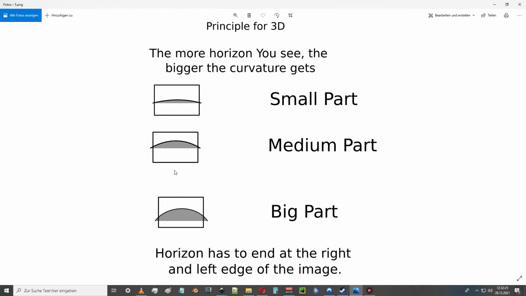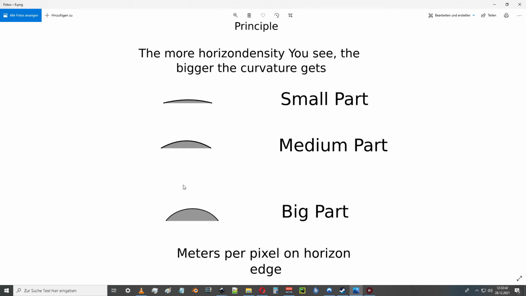Up there, it wouldn't make sense to make them up there, but they shouldn't end down there. So that's how this formulation of the principle works. Now next, we have basically the same, but without the limitation of having the horizon end on the sides. We can also just